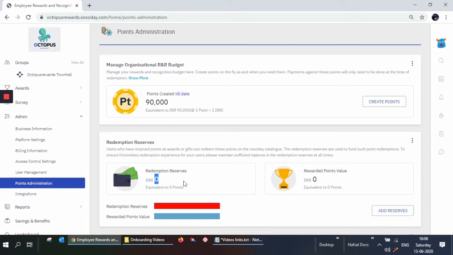And that is the redemption reserve. That's the amount of cash your company maintains in your company's account, so that employees can have a seamless redemption in the store's platform.